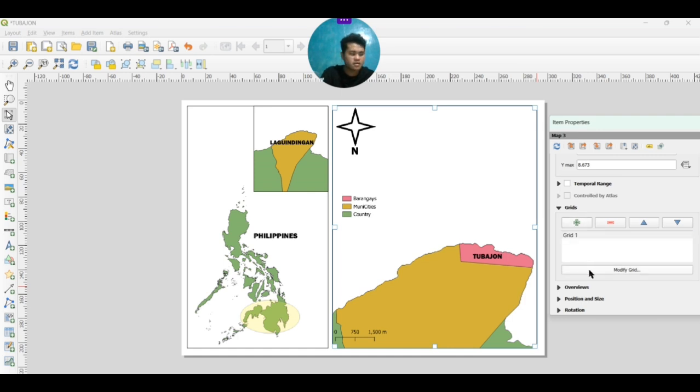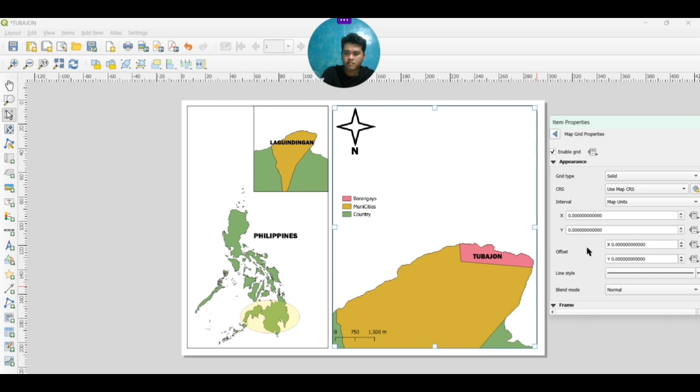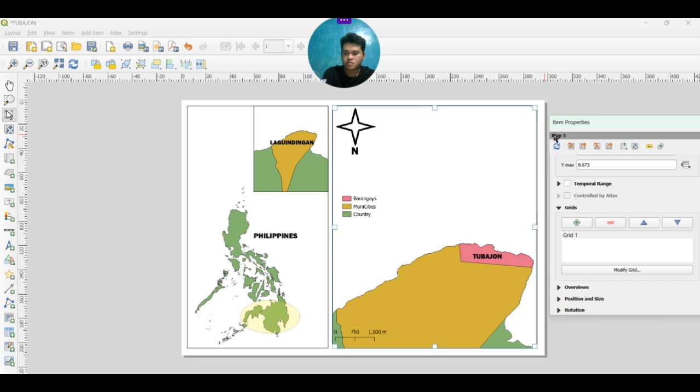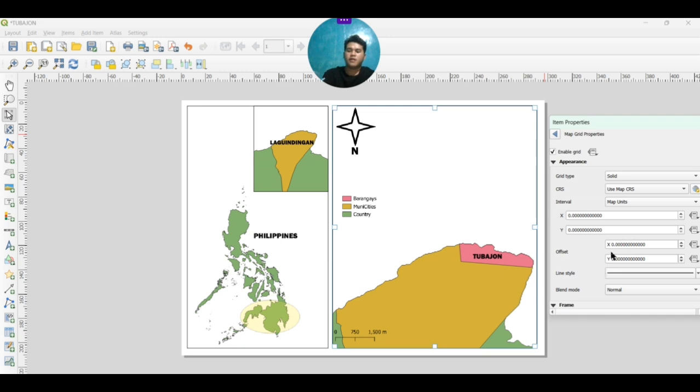Then click the grid one. I just want to click it again because I think that makes it faster. So add this and modify grids. And this is the thing that I want to share to you. This is the grid type.